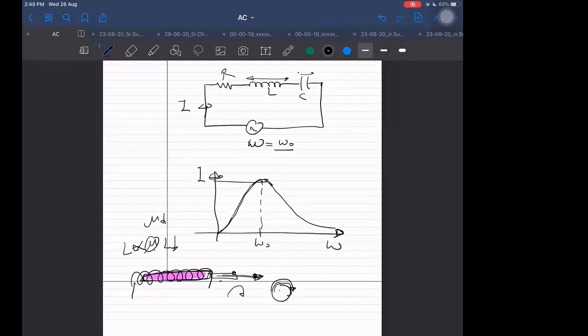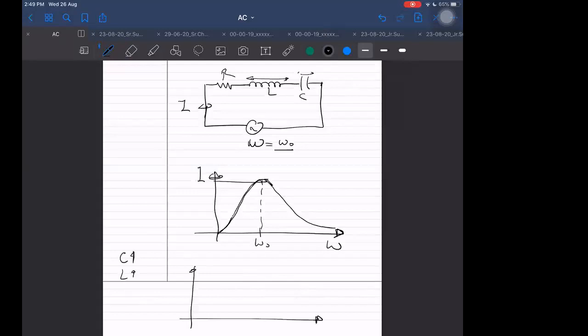I can change the inductance by putting more iron inside, or by bringing the iron core outside. So there are ways, indirectly, that we can change capacitance and inductance by rotating the knob. Once we are able to do that, the resonating frequency, which is inversely proportional to the root of L and C, can be changed. If I am able to change L and C, then I can change the resonating frequency.